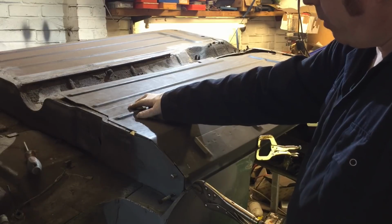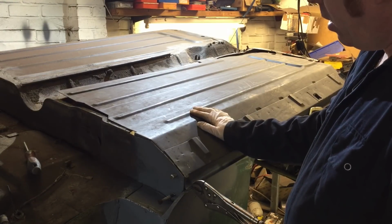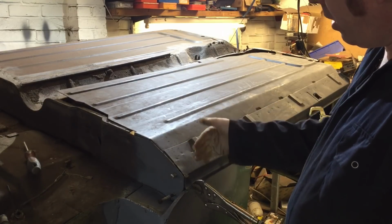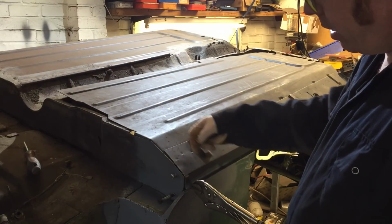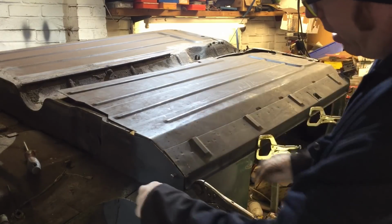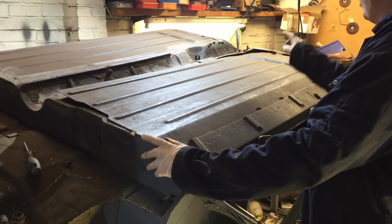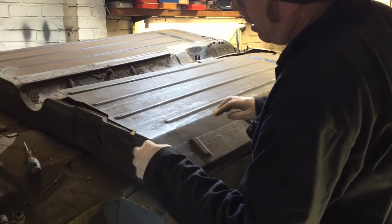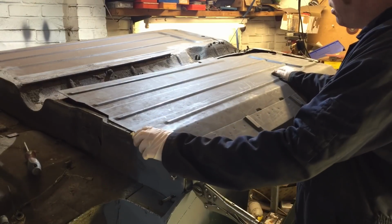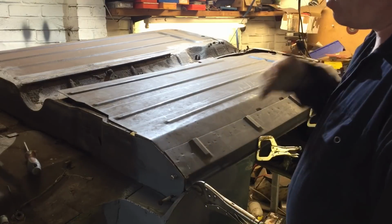And then we can get some panel clamps, take it off, and clean all the edges up that we need to spot weld and grind. Drill some holes in this part of the floor underneath, just so we can then get into the door pocket, into the rear bin, and weld through the strengthening plate for the subframe. And we drill some holes in the back edge of here if we need to just get some plug welds through, and the same as the front heel board along here, but we'll do all that. So let's roll the car back again